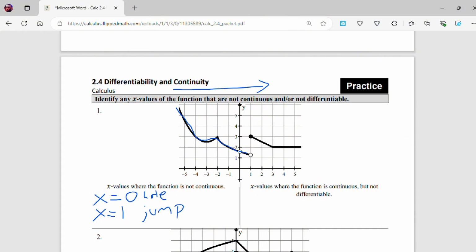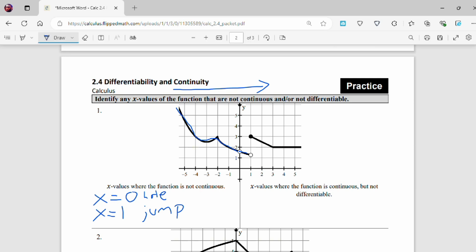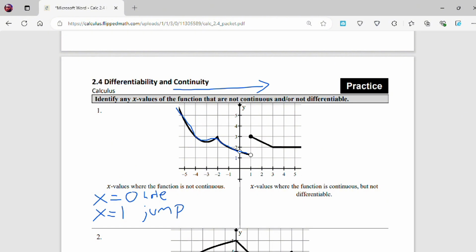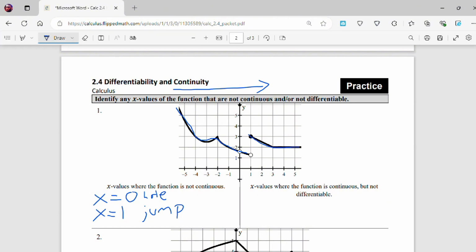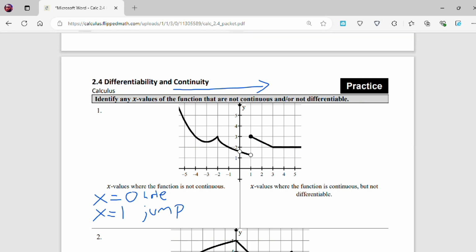And then the right side is asking us for values where the function is continuous but not differentiable. Oh, sorry, I didn't finish the left side, but clearly we can see that there is no other break in the graph when talking about discontinuities. Okay,